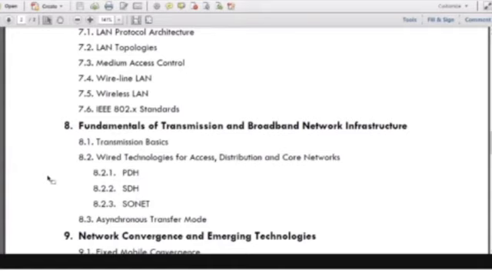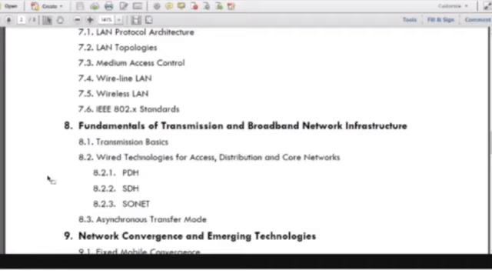Plus, we are going to also discuss ATM alongside PDH, SDH, SONET. Basically, this is the hierarchy formation that we are going to discuss. And in the hierarchy formation, what causes the shift from one level to the other? Are there permitted or not permitted levels in the transmission technologies? And what happens after the information arrives to a certain local area, certain local exchange or base station? All those types of issues will be mentioned and discussed in the 8th lecture.